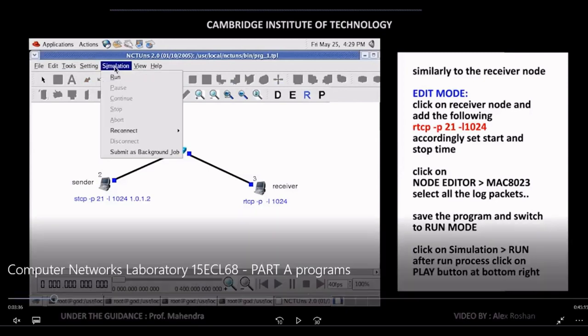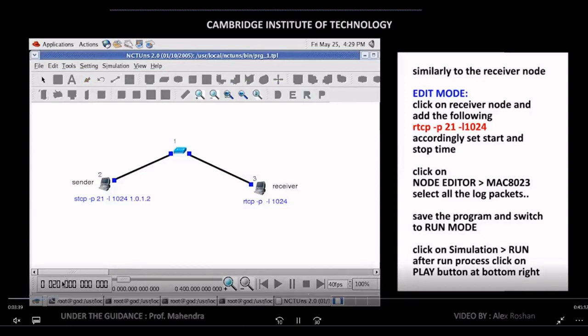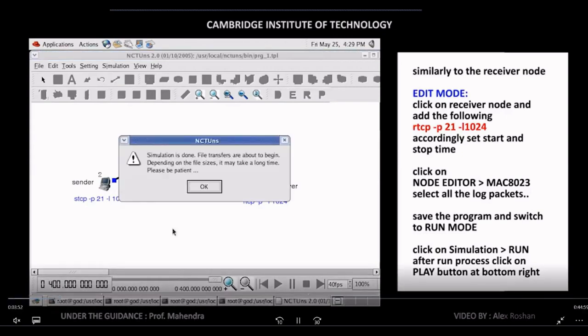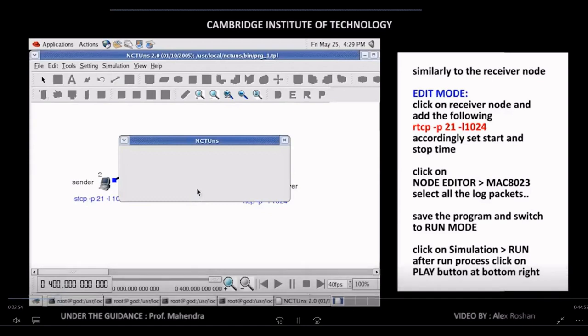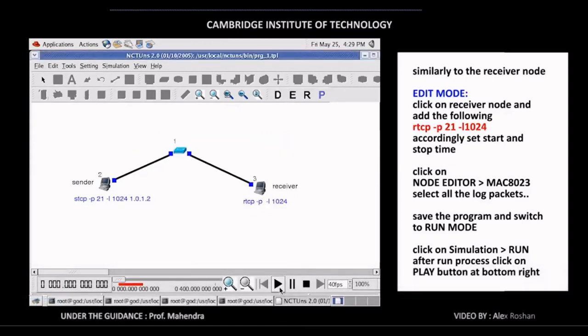Then go for simulation run. Once you click on this, automatically the tool simulates your requirements. You can see here the things are happening. It keeps running. It simulates for 100 seconds and by default it has given 400. It runs faster. You can see simulation is done. Once it is done, the file will be transferred and it will be saved in the